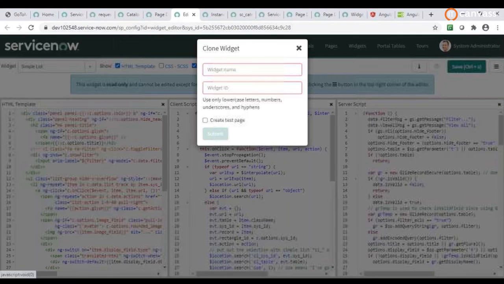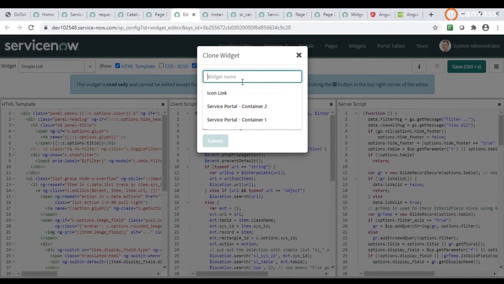If I clone this widget, I need to provide any name over there. Yeah, that's fine. We will give the new name and deploy that. But later, in case ServiceNow decided to remove the original parent widget, what will happen to the widget that I cloned? No, it won't remove your custom widget. It will make the changes on the out of the box widget, but not on your custom widget,